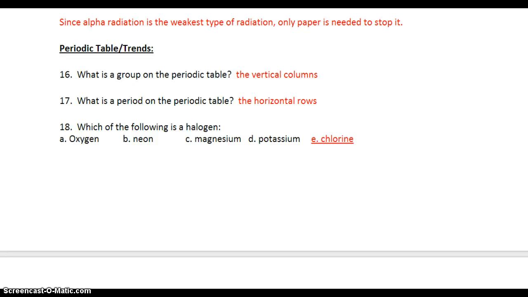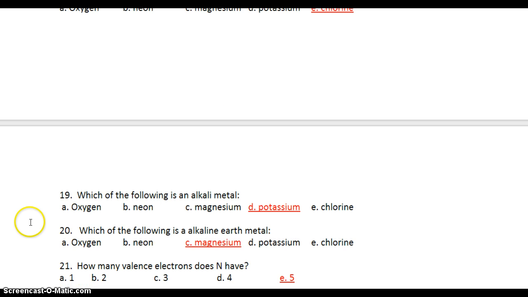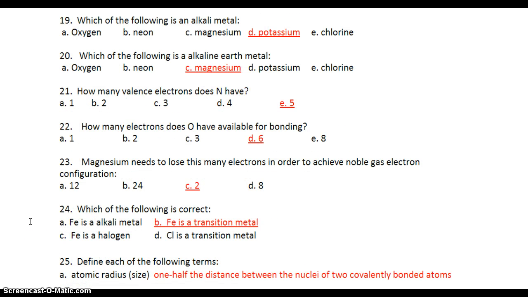Okay, this section is about the organization of the periodic table and the trends that exist as we compare various elements. All this really is based on the electron configuration that each element has. So many of the answers in this section are pretty straightforward. As we scroll down to look at some of these next questions, one of the things you need to remember